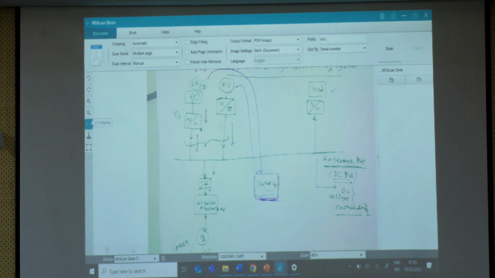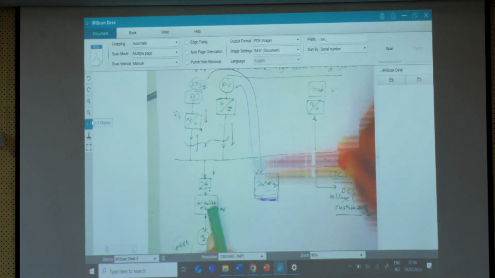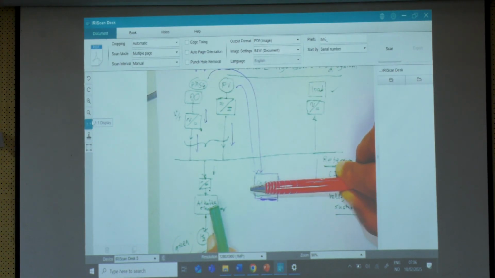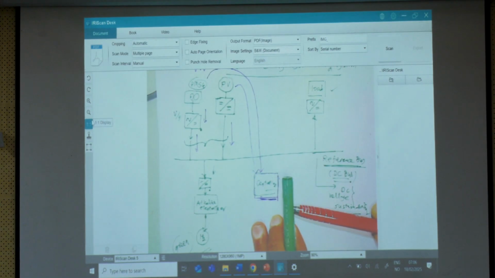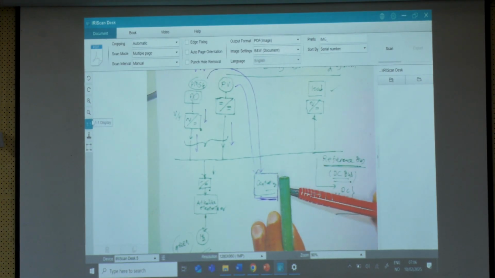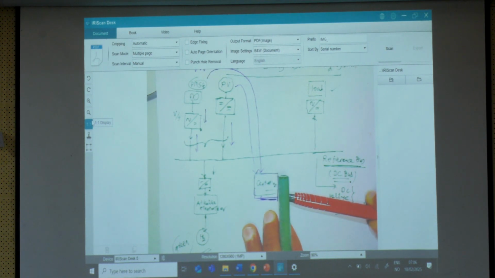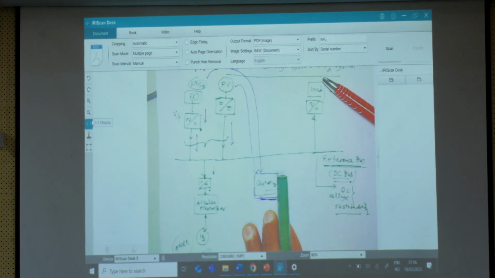Now, this controller, after getting the information from these different sources, of course has to do the prediction also, and for this prediction you can use either machine learning techniques or conventional techniques, any techniques you can use. Then at the same time